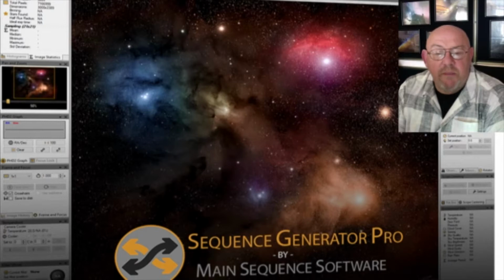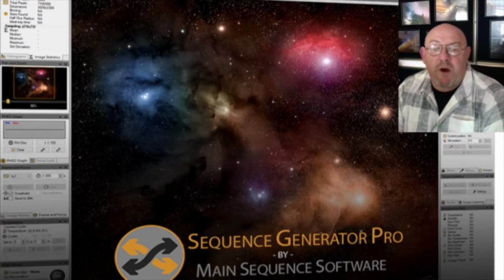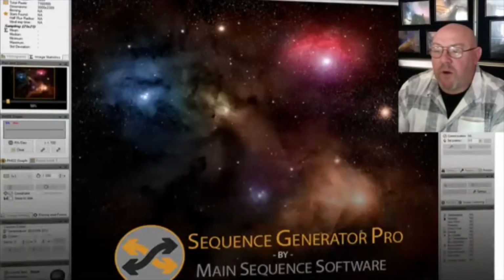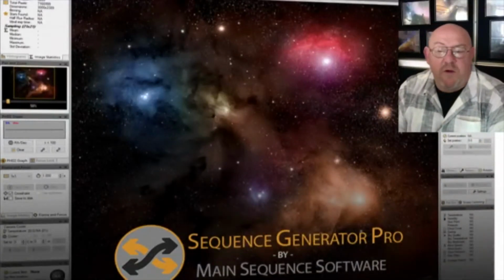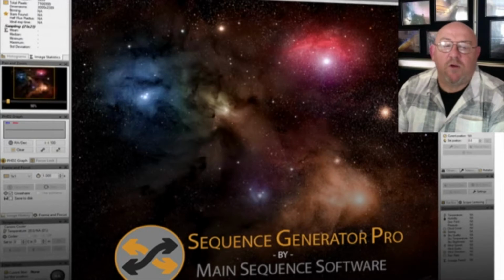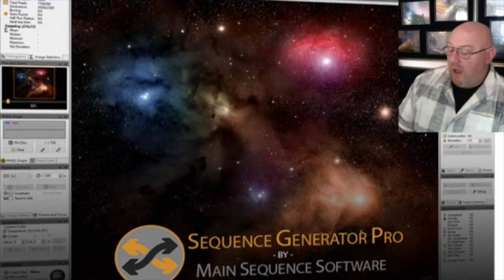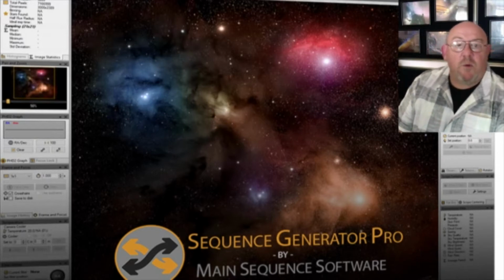There are many different software packages you can use. I use Sequence Generator Pro, but there's Nina, which is a free one now, and a few others. It doesn't have to cost the earth, this hobby. Albeit I've paid a little bit more for Sequence Generator Pro than a lot of software. The thing is, I've been doing this for a long time, got a lot of equipment, but free versions of a lot of astrophotography software are available.